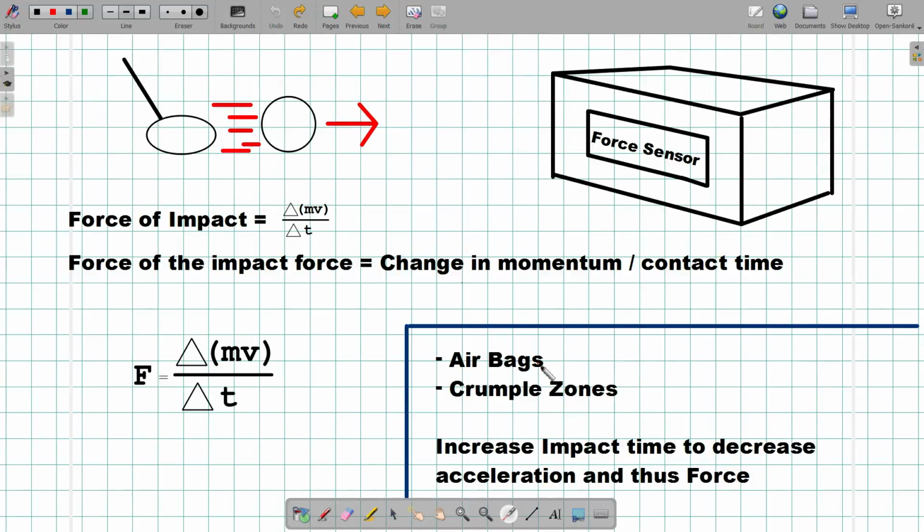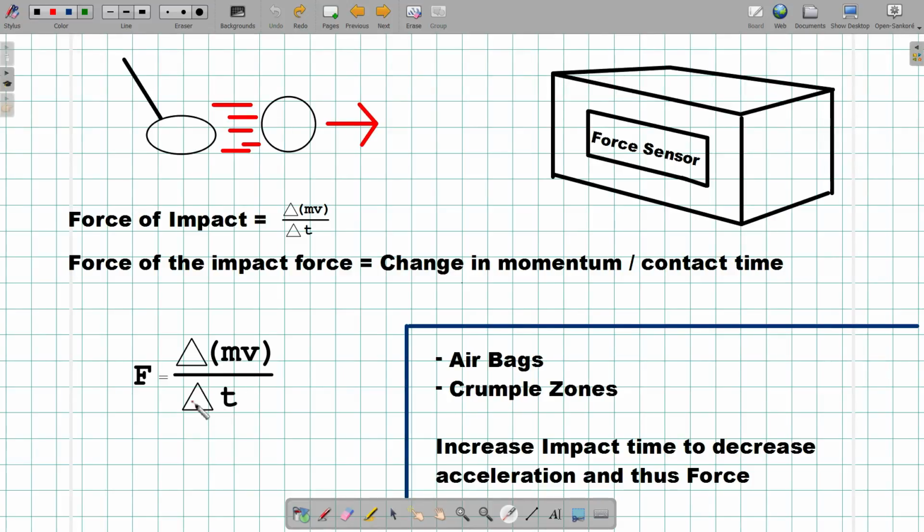Airbags are useful because they come out really quickly, and then you bang into them, so your face is moving really fast forward, and it'll increase the amount of time for your face to hit the steering wheel. So if this delta t here is greater, let's say it's now 10 times greater than it would be if you had no airbag. If there were no airbag, it'd be straight into the steering wheel. I don't drive, so if it were 10 times greater due to this airbag being here and you slowly deflating into the steering wheel or wherever you're going to be hitting,